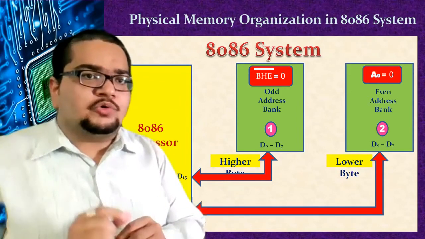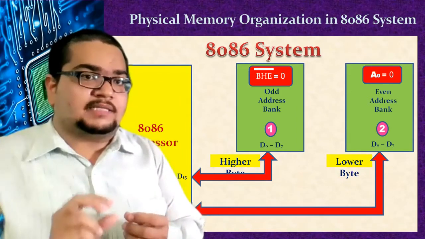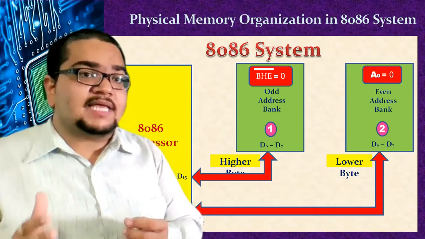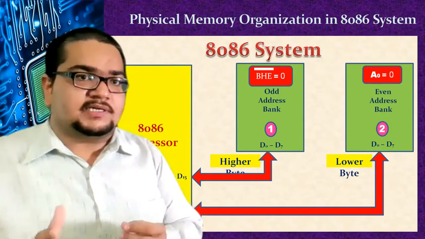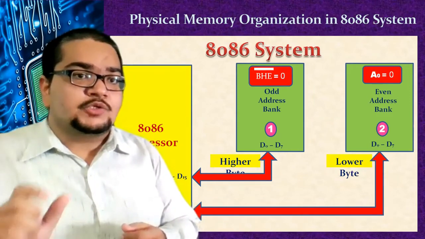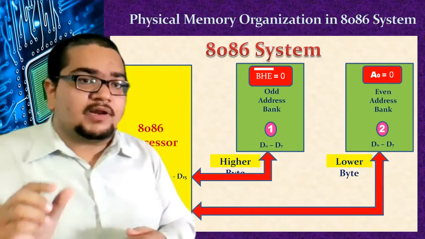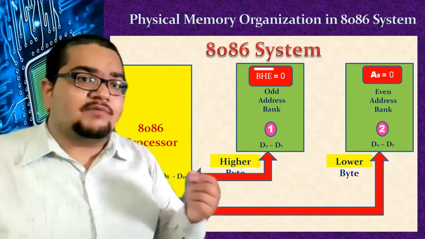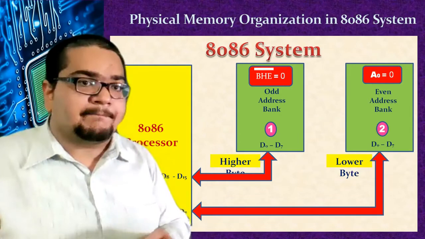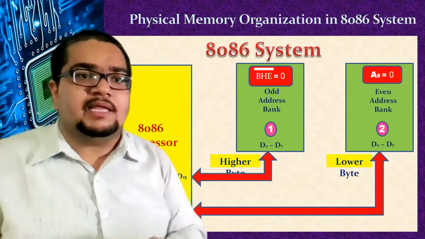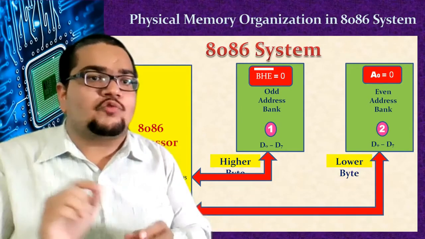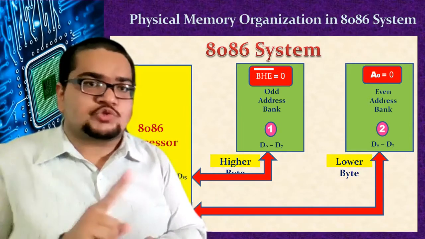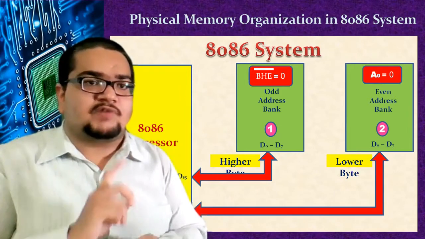Now 12 and 45. 45 is the lower data there. Observe 1245: 5 is the LSD, least significant digit, and 1 is the MSD. So 45 is our lower byte of data, and 12 is the higher byte of data. While storing into the memory, it will not store as a single 1245, because our memory locations are of size 1 byte only. The number is 2 bytes. Memory location size is 1 byte only.